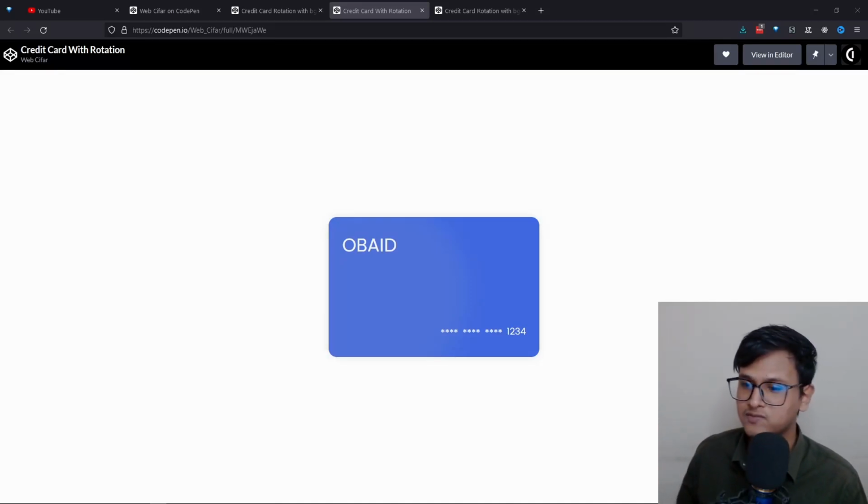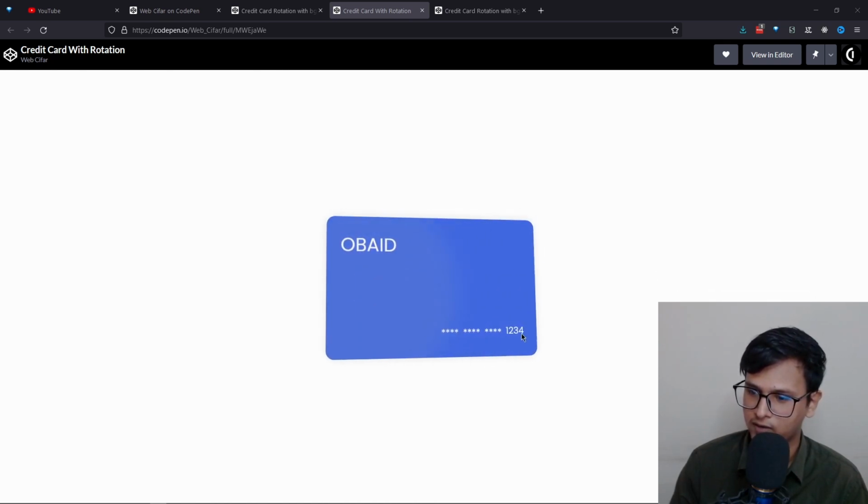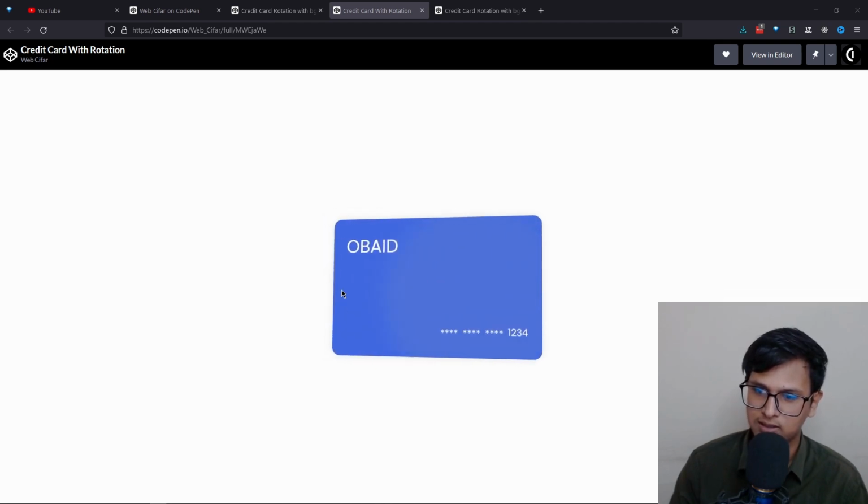So here in this video we're gonna actually make this card, as you can see. The most interesting thing is we're gonna create the card, but we're also gonna add this nice hover effect. This is sort of a 3D hover effect. And if you notice, there is a highlight whenever I'm changing my position. There is a highlight which is also moving, and together this 3D effect and the highlight, it is looking very